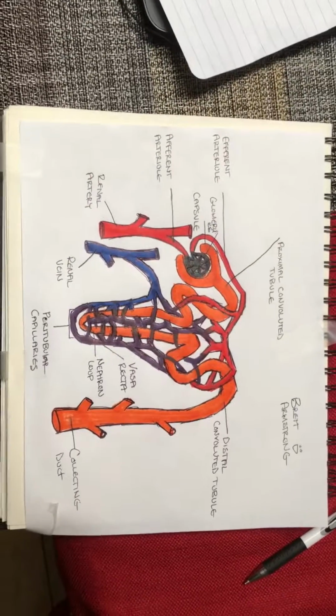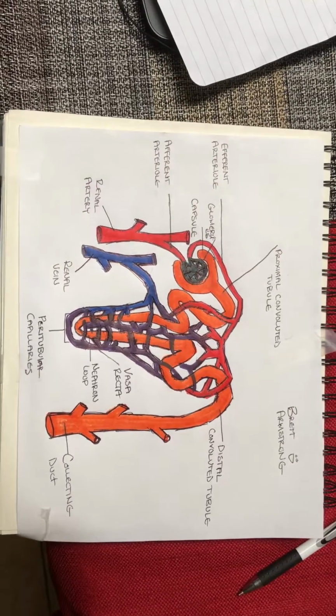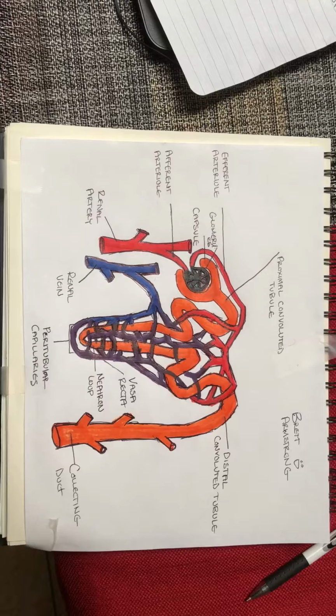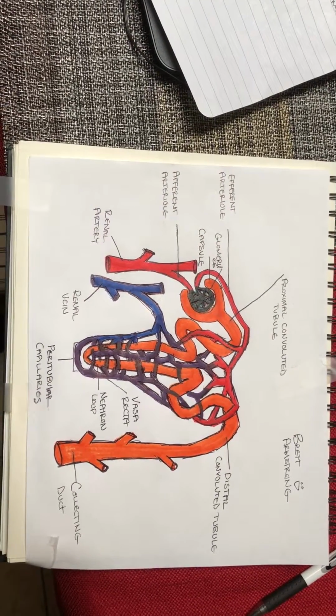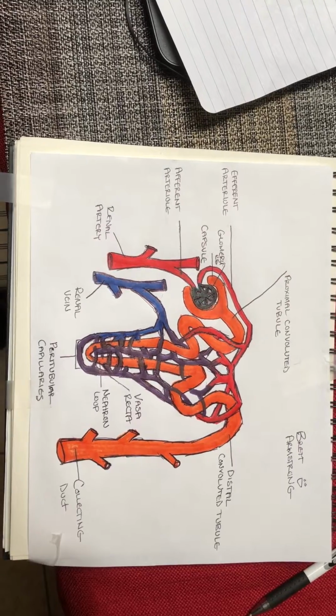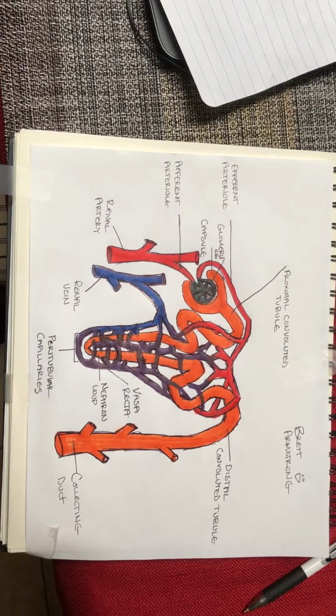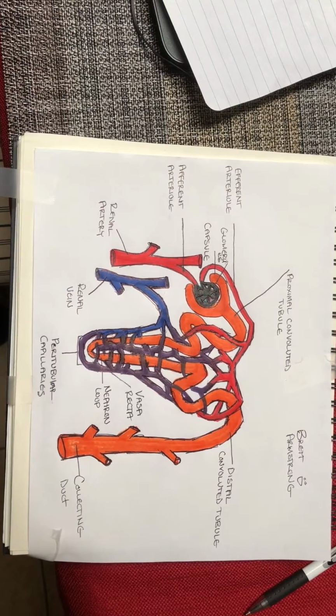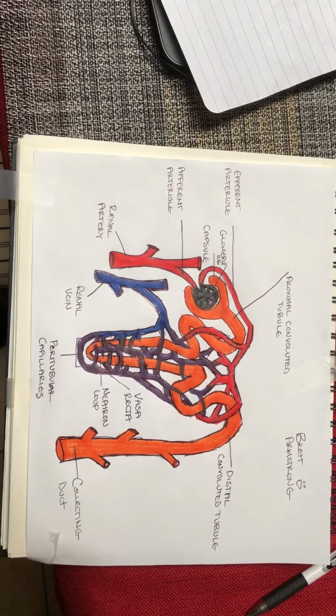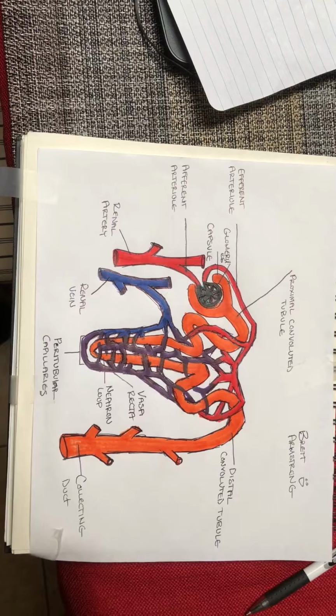So I'm going to just hold this steady here as I go over basically the processes. First, we have the blood that enters the renal artery. This is where the blood is branched into the capillary groups. Blood in the afferent arteriole passes through to the glomerulus,